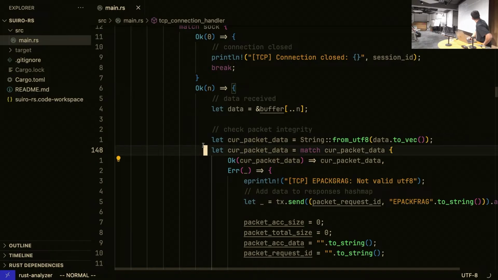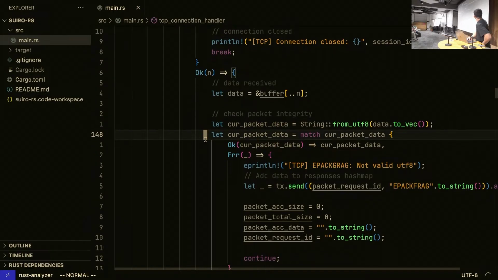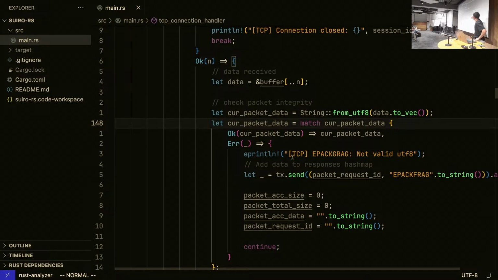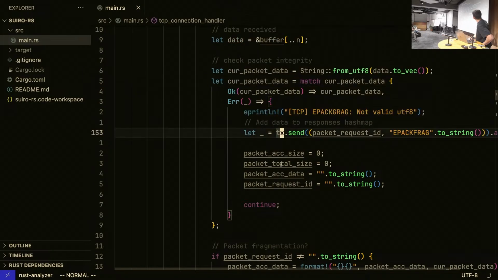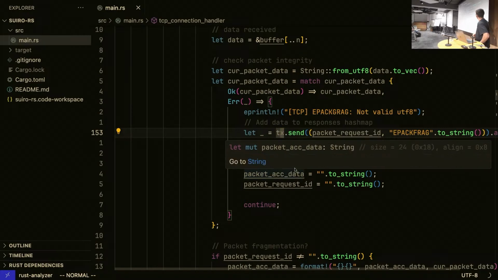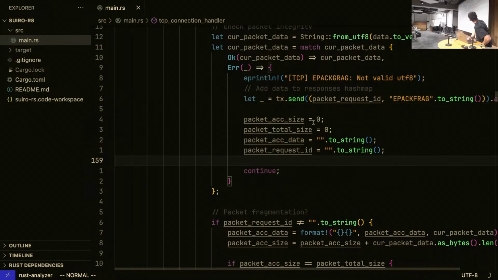Entonces haríamos un string de los bytes. Si diese error por lo que fuese, si el paquete hubiese fragmentado mal, si hubiese cualquier tipo de error, manejaríamos el error aquí y pasaríamos el error, error package fragmentation. Entonces, podríamos ponernos un valid UTF y le enviaríamos esto por el TX, por el channel TX, para que el servidor HTTP pudiese manejar ese error, y vaciaríamos todos los campos anteriormente, porque esta mala fragmentación puede no ocurrir en